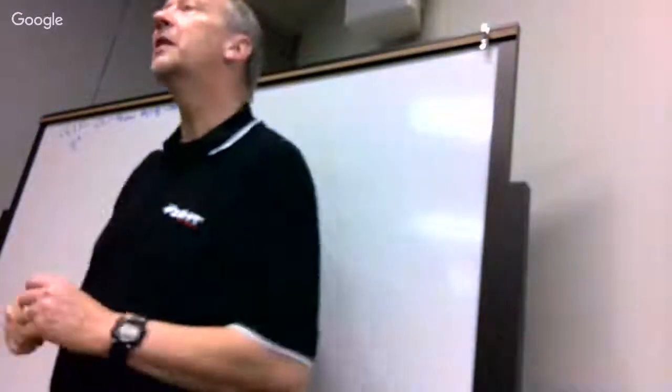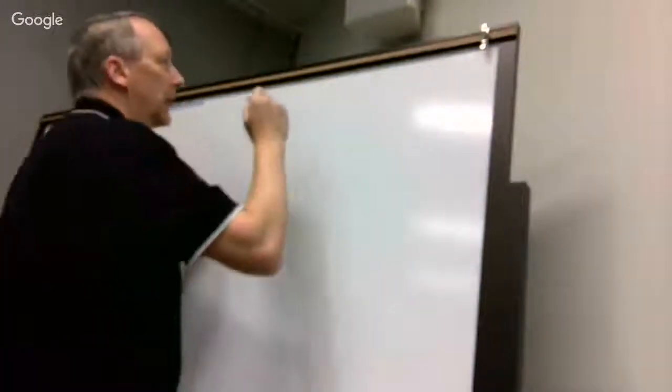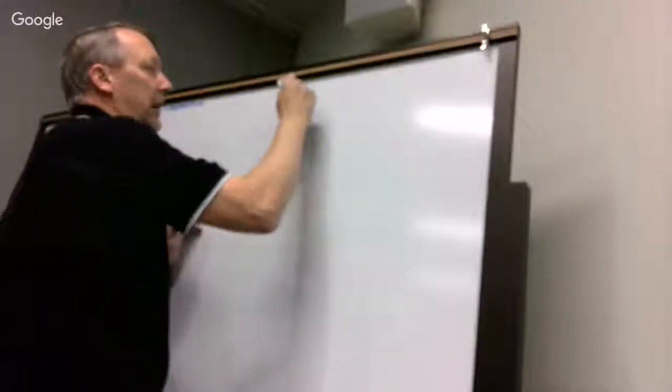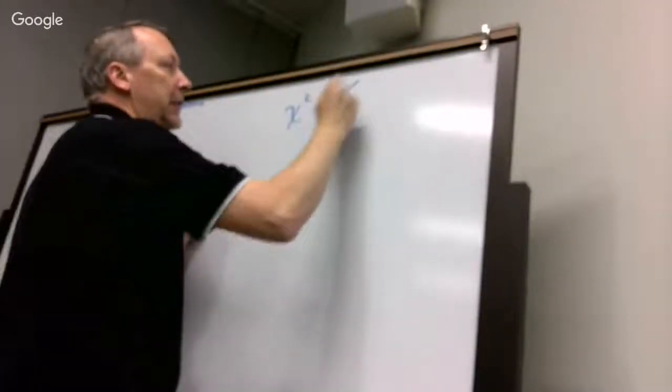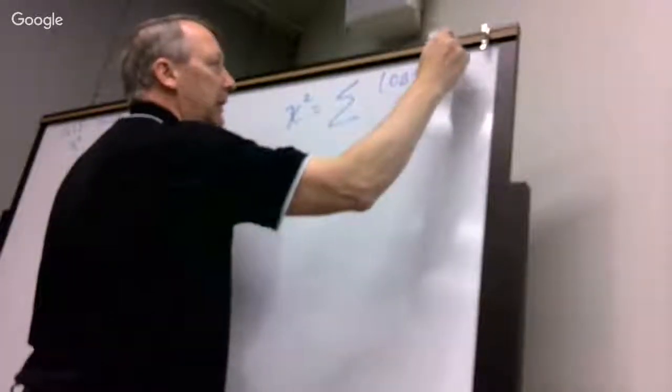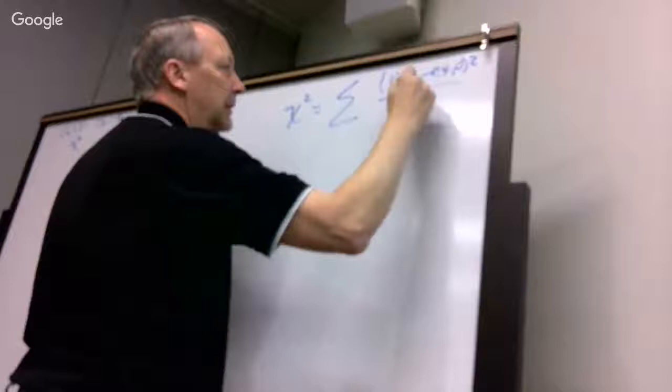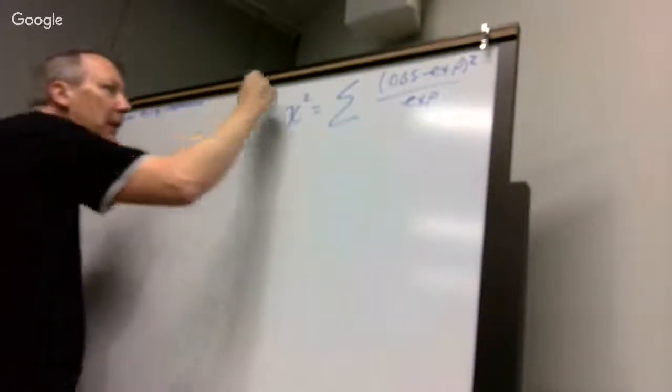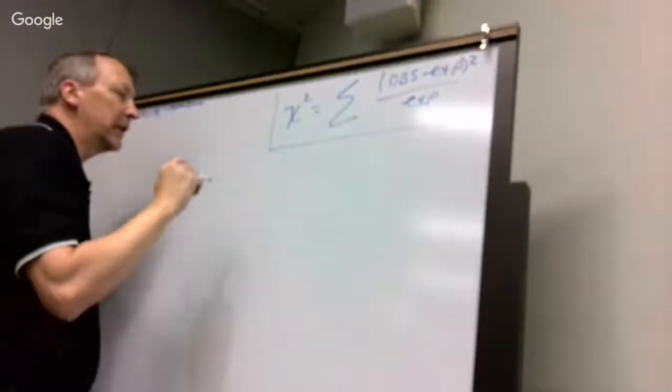Okay, there are two formulas that you're going to need. The chi-square test statistic is the sum of the observed minus the expected, squared, divided by the expected. That's one formula you're going to need. The other formula is,